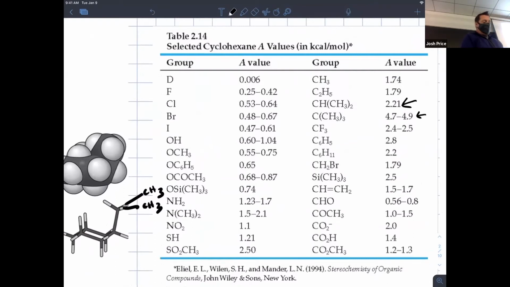That A value, remember, is in kilocalories per mole, and the rule of thumb at room temperature is 1.36 kcals per mole equals a factor of 10 in equilibrium constant. We get that from delta G equals minus RT ln K. So for, say, the amino group, 10-to-1 equatorial conformation versus axial, by the time you get to T-butyl, you're looking at probably close to 1,000-to-1 ratio of equatorial to axial. And this is when you start to be able to lock in specific cyclohexane